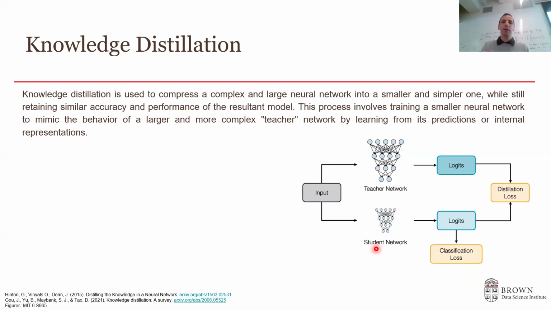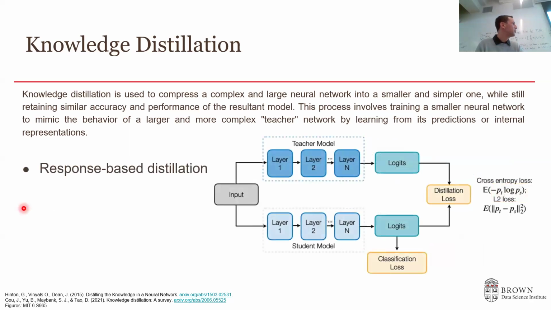Now the assumption here is that while we need a lot of weights during training, once the model learns the underlying distribution of our task or our data, then we don't need as many weights during inference. So we have three main options for how to do that. The first option is response-based distillation. Here we take the teacher model as a black box. We don't care about the teacher model's internals. We just take the output of the teacher model.